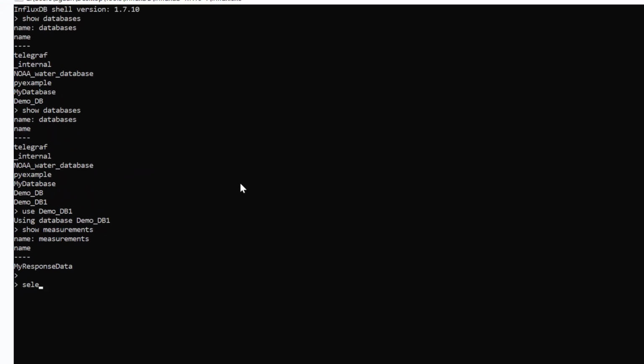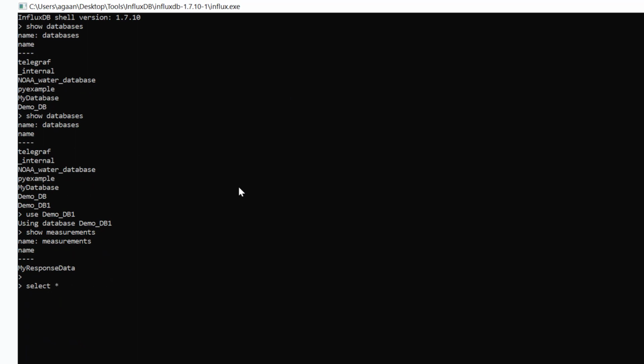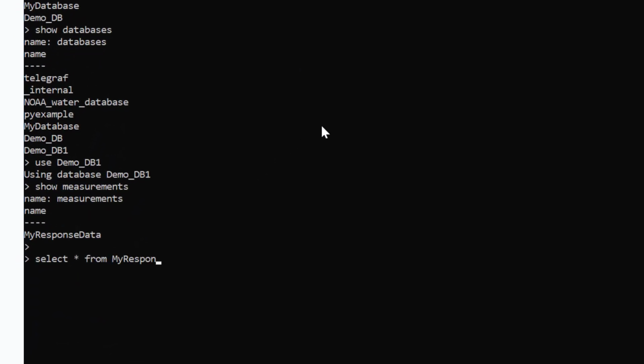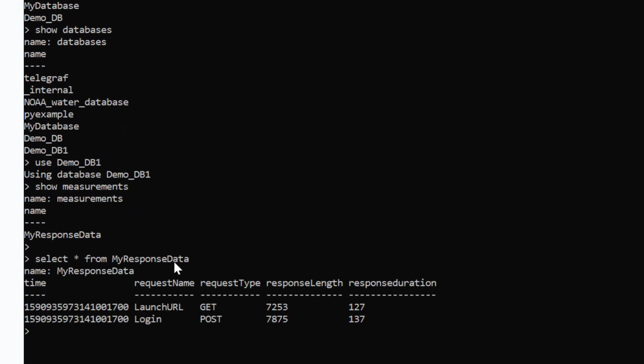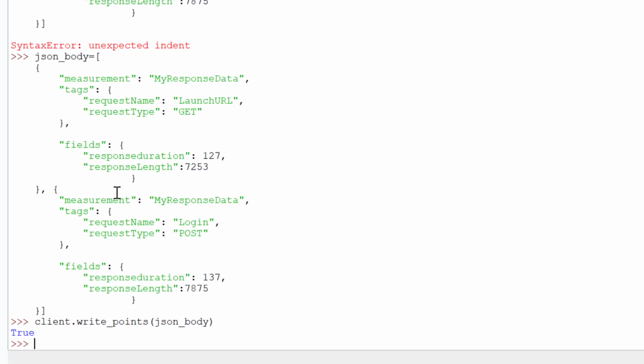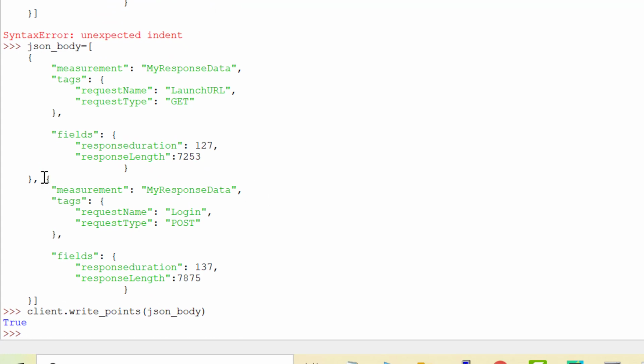Then I can further give select star from my response data, right? So I have these 2 measurements added over here, 2 tags, 2 field values, and 1 additional column called time, which is a timestamp. Right now it is the time of data insertion in InfluxDB.